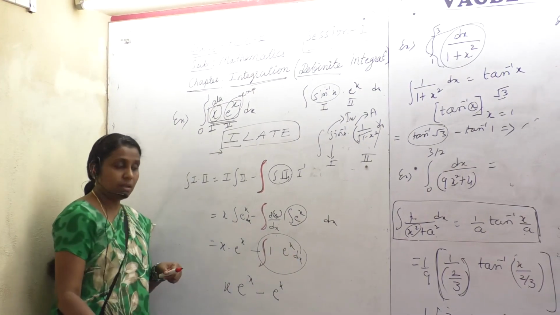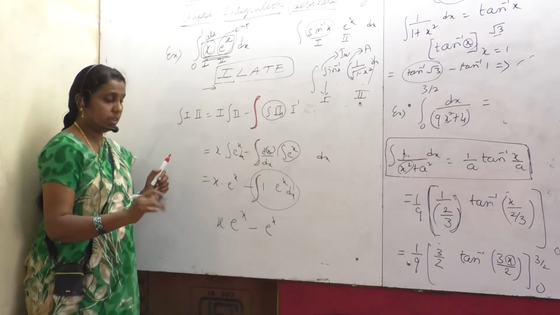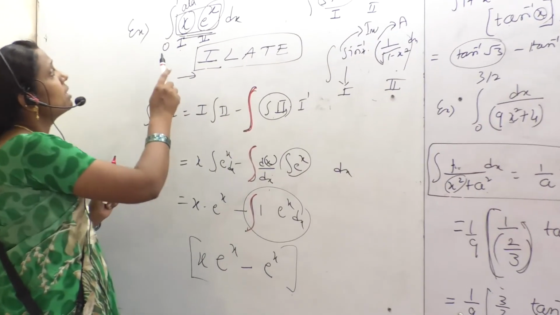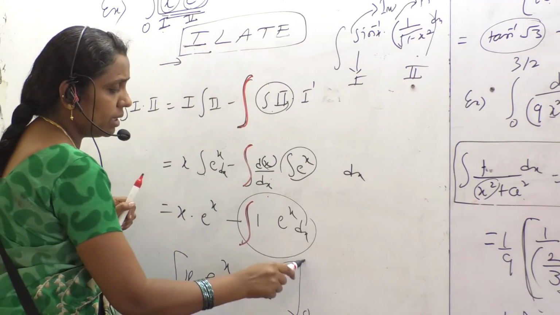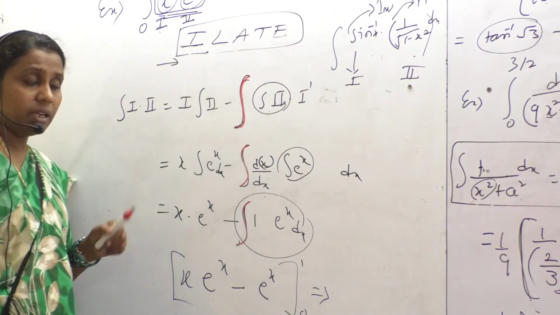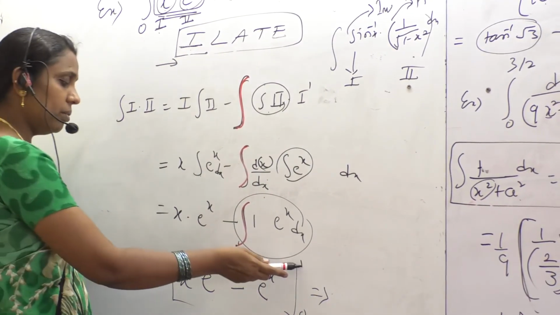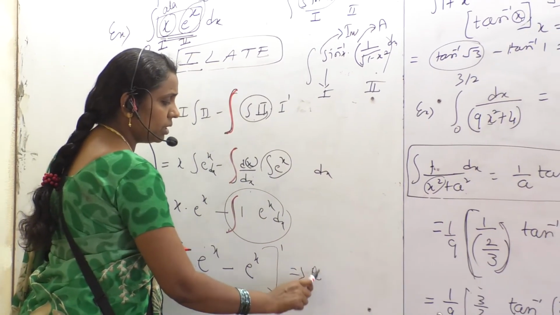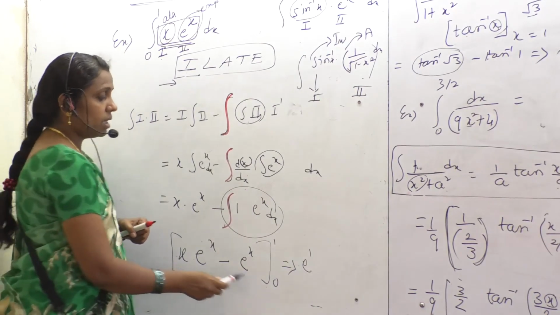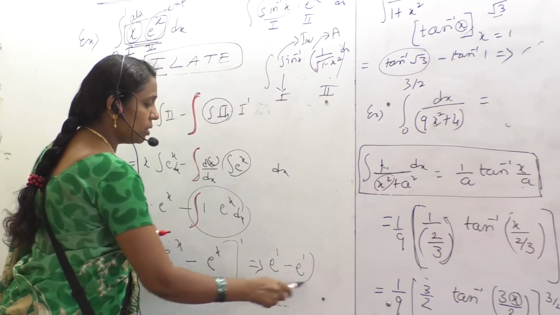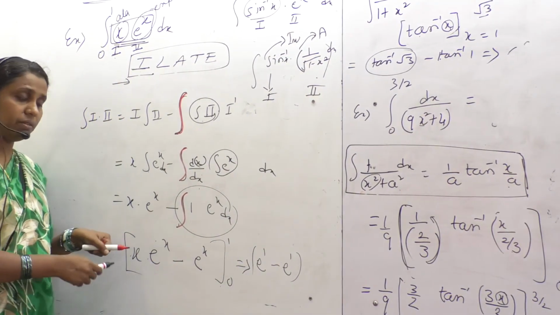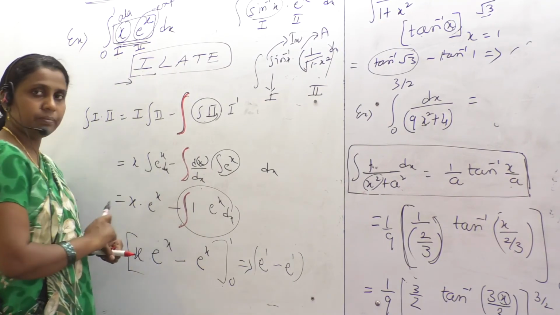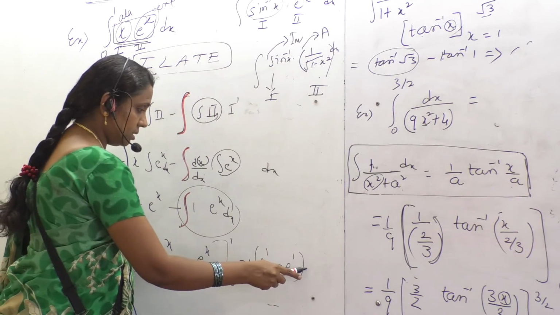This is done. So all the terms got integrated. Now what is to be done? Put the square bracket and apply the limits. Limits are from 0 to 1. So let us take 0 to 1. In place of x, put the upper limit 1. 1 into e raised to 1 is e raised to 1, minus e raised to 1, because here also two terms are there. Wherever x is appearing, replace that by 1. 1, 1, 1. Okay. Minus.